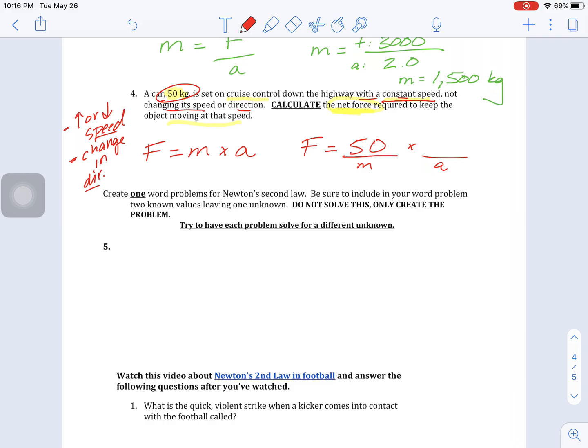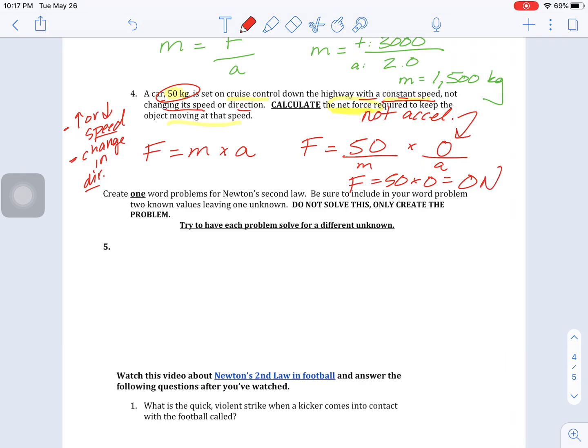So that means it's not accelerating. So then what we have to think about is what number can we use to state that the car is not accelerating. So when I'm talking a numerical value of nothing, that's of course going to be 0. So here I've got force equals 50 times 0, which is of course 0 newtons,